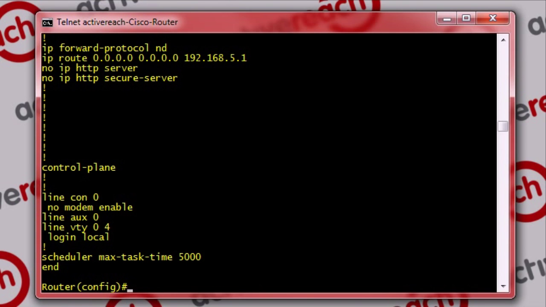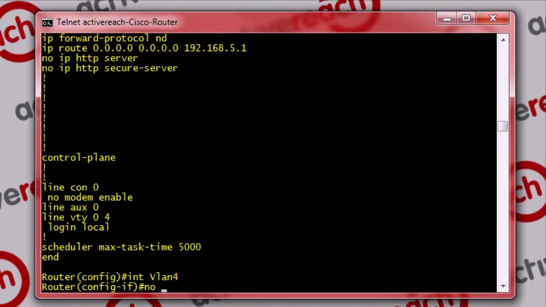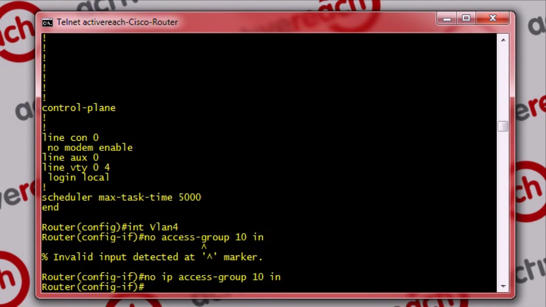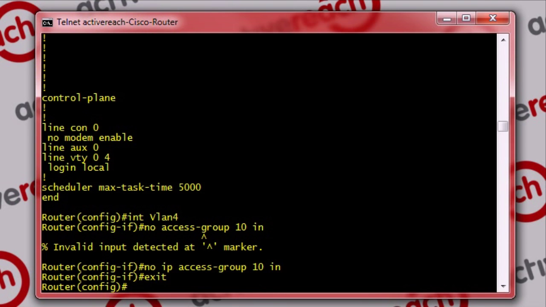And you might do something very serious, accidentally lock yourself out of the router, change something drastic, or cause major downtime for a customer. This is the way we should have done it. We should have gone back into interface VLAN 4, removed the application of the access list, and then you copy and paste your access list